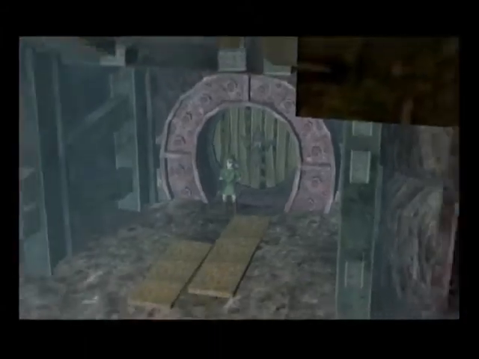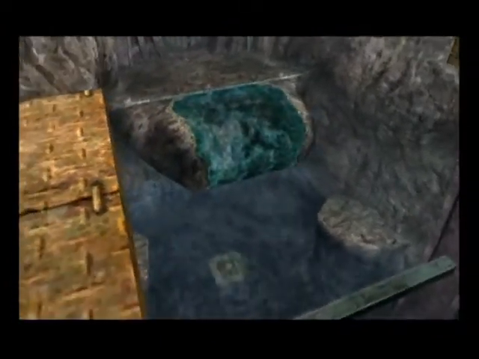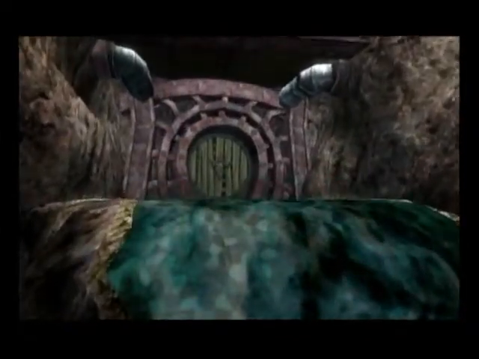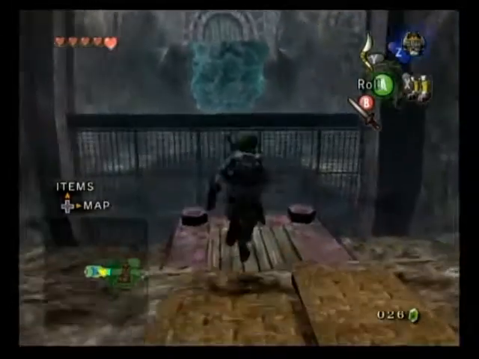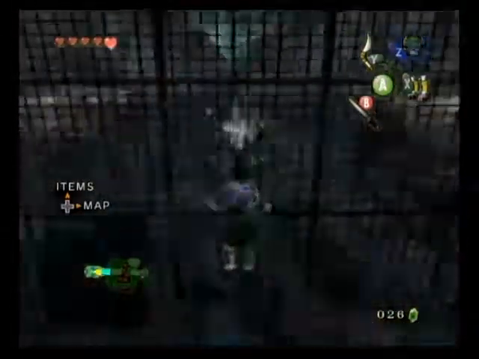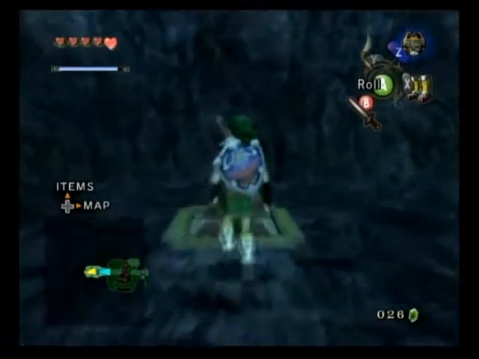Alright, so now we're in this room, and once again, the game is showing you a little cutscene of where you need to go. Thank you, game. Yeah. So what we need to do here is drop into the water and equip the iron boots to sink. And then once we stand on this switch right here,